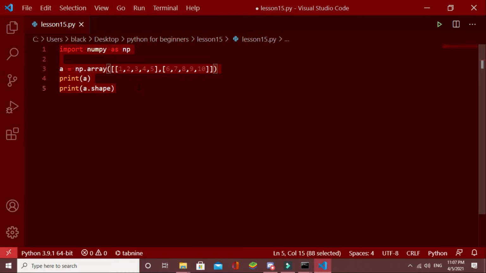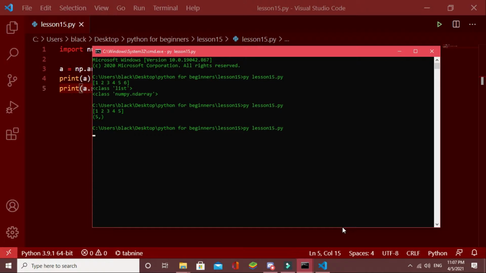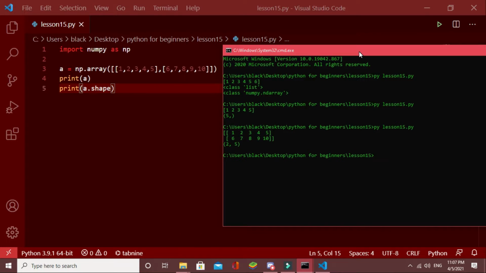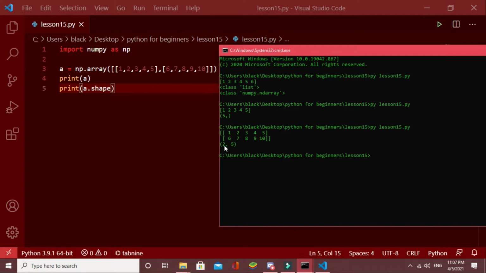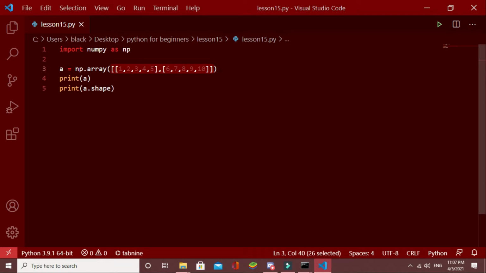Now let's run this program again and see what the output is. As you can see, this is our array, and what does this 2 mean? Inside this main array, and this is actually not called a main array, but in this instance I'll call it that, there are two elements.